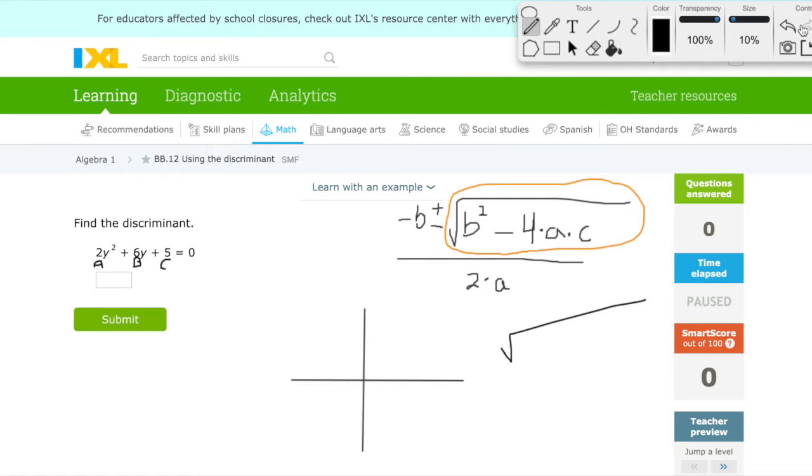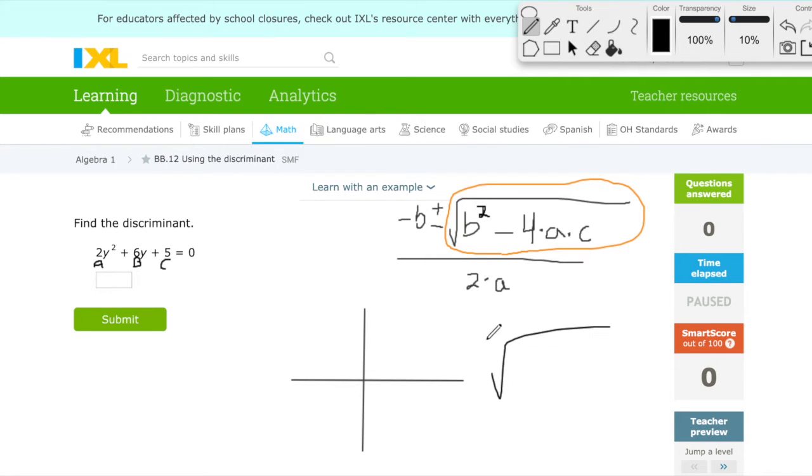Technically the discriminant is just the inside stuff, but we can talk about the change here. So the square root of b squared,